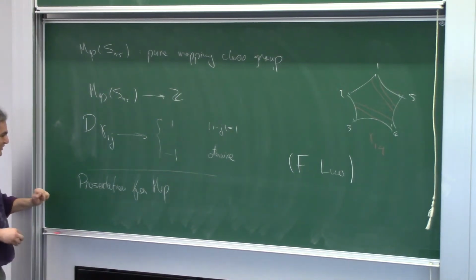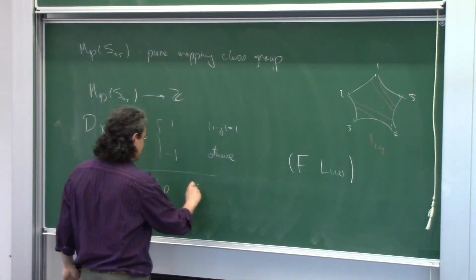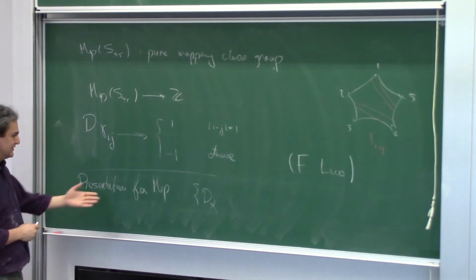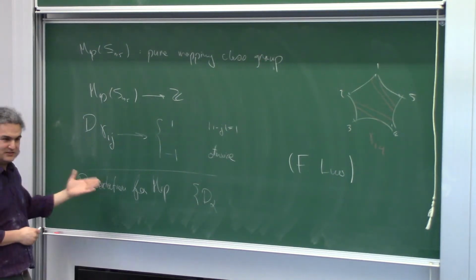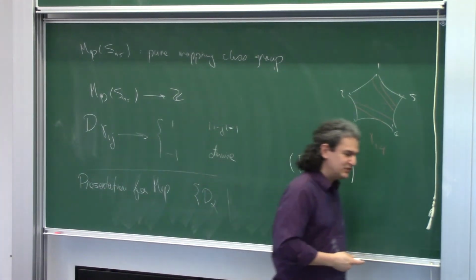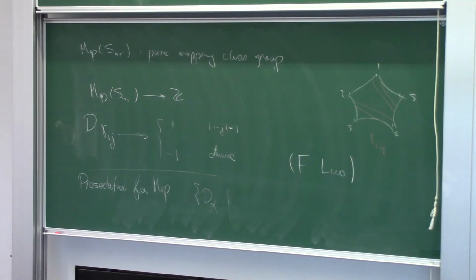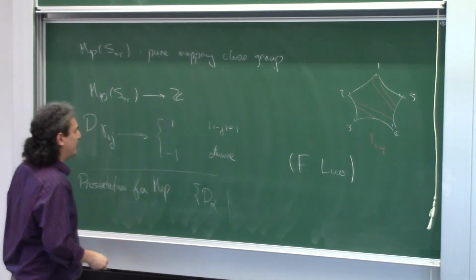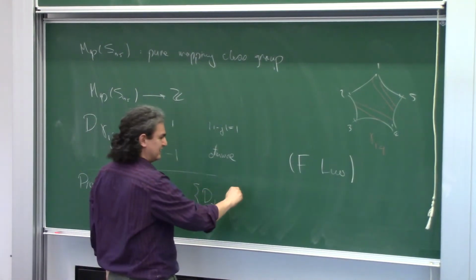So, the presentation of the mapping class group. What is the presentation? You have all the alphas, if you like, so the infinite presentation is all the twists, and what he says is that all relations can be put into small subsurfaces, either rank 1 or rank 2 subsurfaces, and there's a whole list of these. But in the case of the pure mapping class group of the 5-punctured sphere, there are basically 2 different relations.